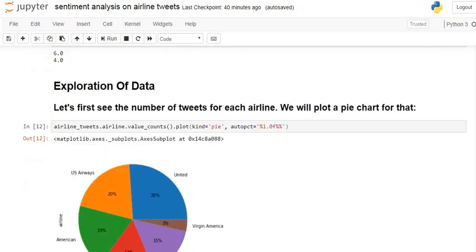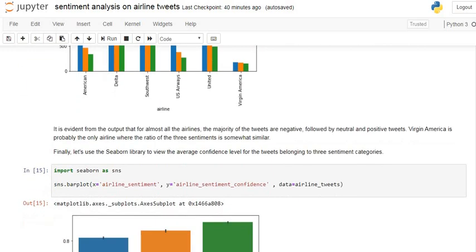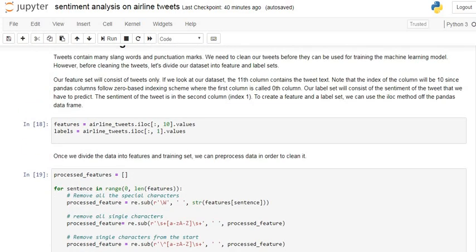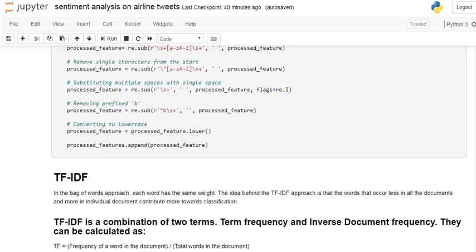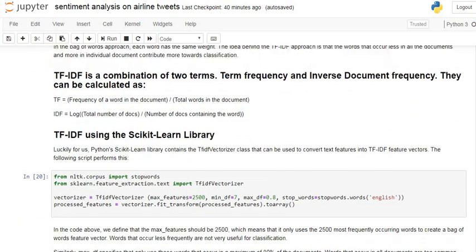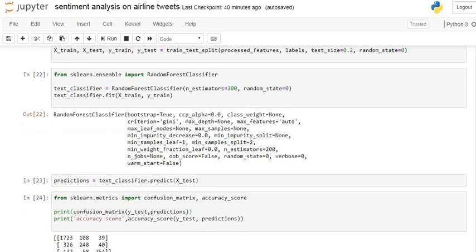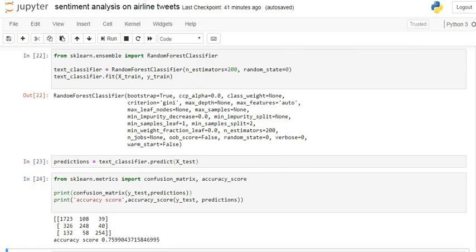You can do sentiment analysis using these commands and code on any dataset, any Twitter dataset or any social media dataset. So I think you get all the things which are required for sentiment analysis. This is our required model and this is the accuracy obtained from our model. If you want to apply any other machine learning model, you can also apply that.